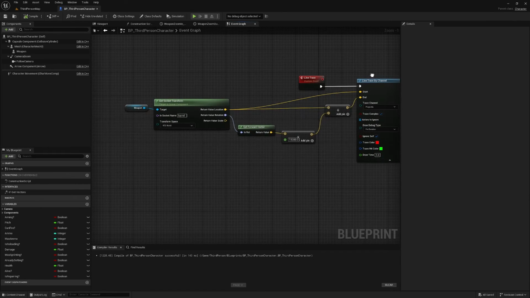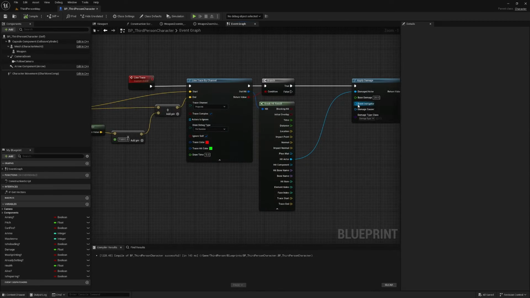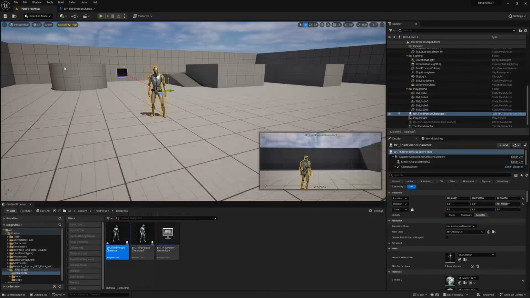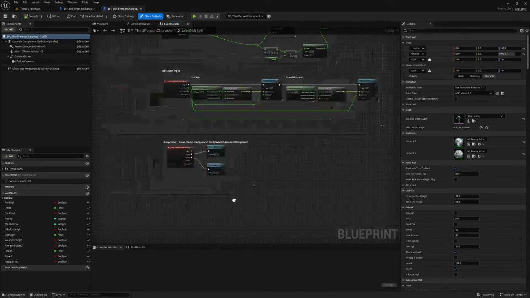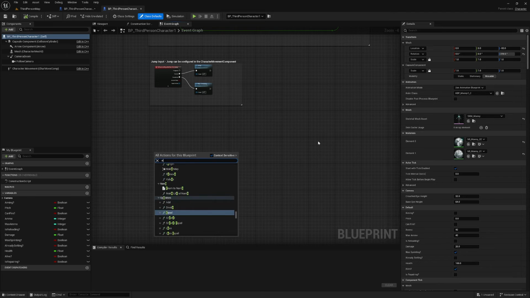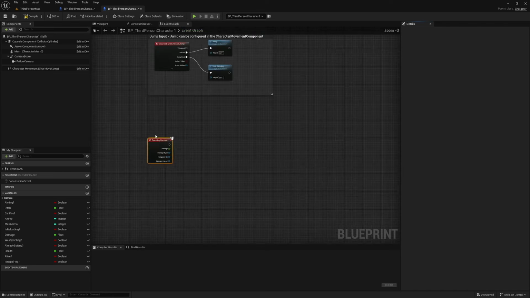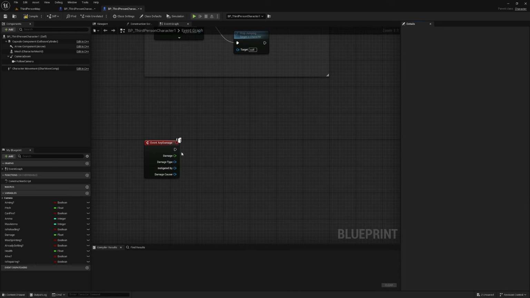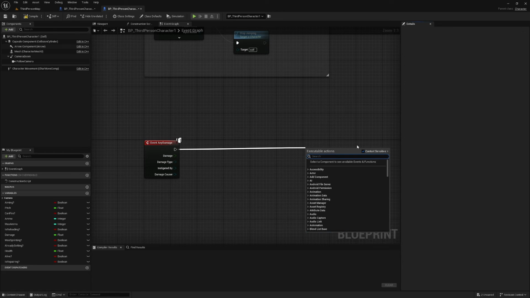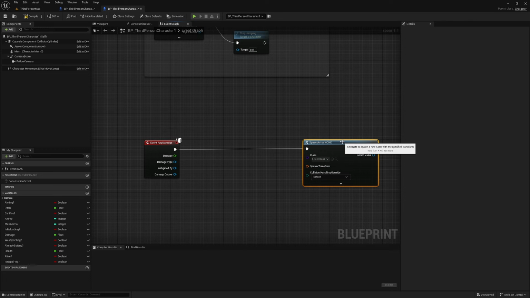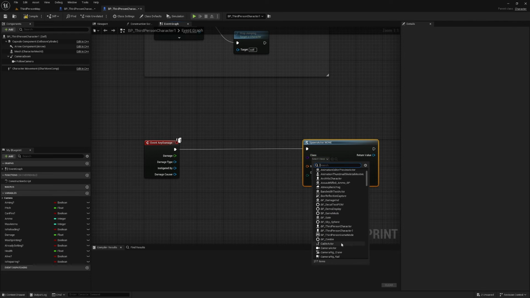So now, if I line trace and I hit an enemy, it's going to pass over this apply damage, and what I can do is I can open up my enemy's blueprint and I can find a node called event any damage. This is what's going to be triggered when it's hit, and what we can do is spawn actor from class and select my BP damage indicator, BP damage end right here,